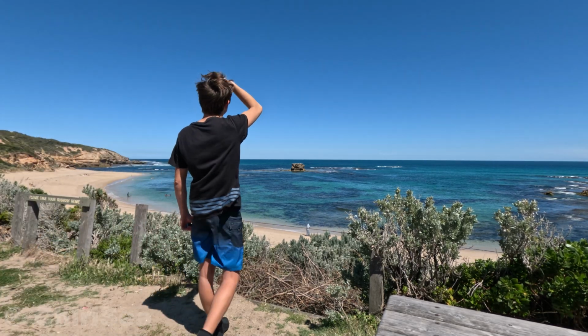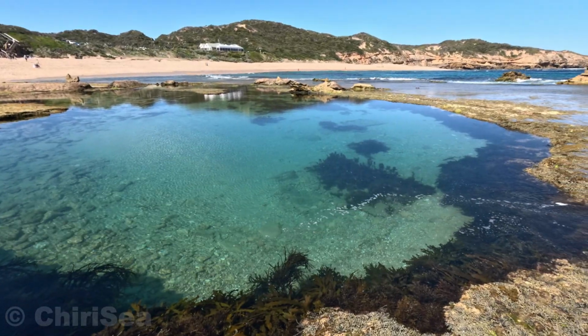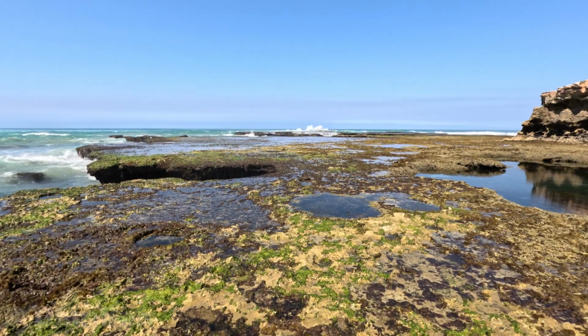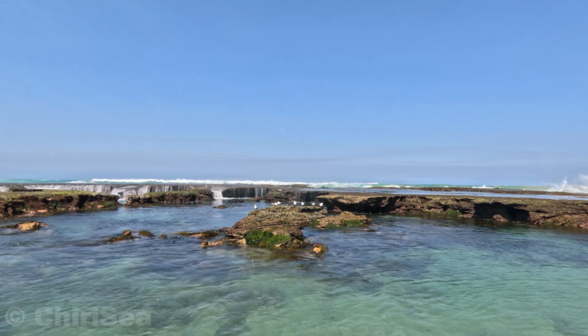Sorrento Back Beach. For some, it makes a peaceful and relaxing day out. For others, it's an explorer's paradise. But for me, it's the water phenomena and geographical landscape that piques my interest. For more justification, I'm talking about the plume of spray that you may have noticed from the car park or